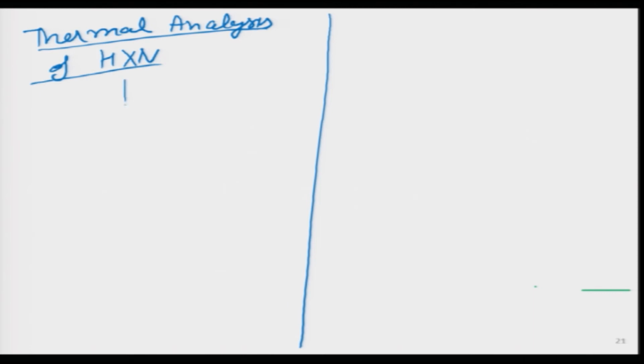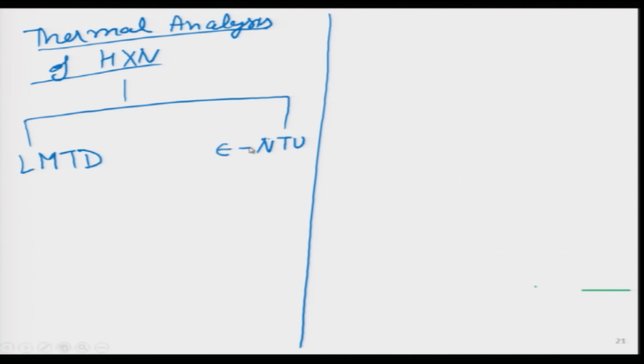And two main methods that we will study in this chapter: one is the log mean temperature difference method, and the other is the epsilon NTU method. So, I will write it again. This one is LMTD, the other one is the epsilon NTU method. And whatever questions I am raising today in this lecture, students do not need to worry, all these questions will be answered once we look at the first technique and then the second technique. We will be able to figure out a lot of these things.